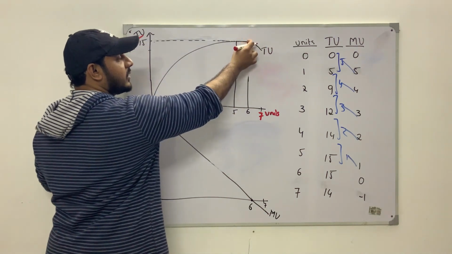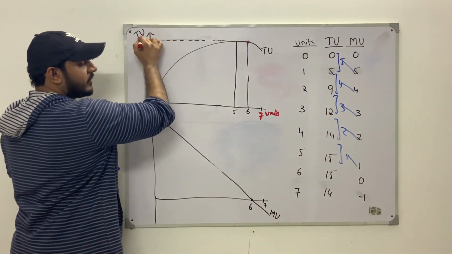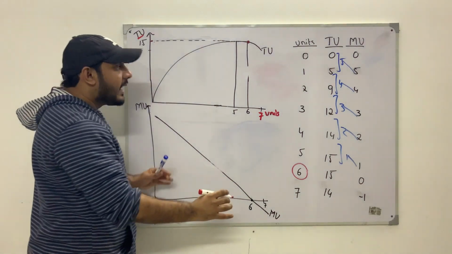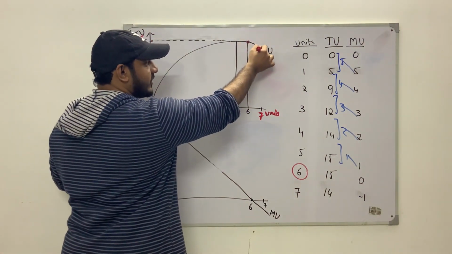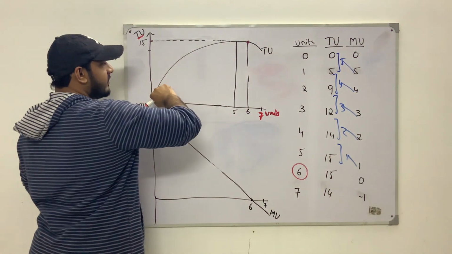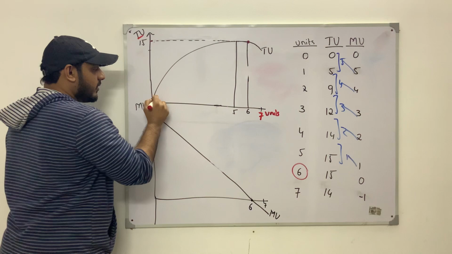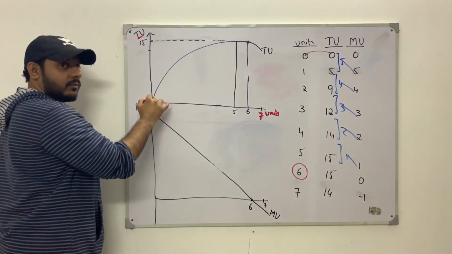This is where the total utility is the maximum, right? Over here, 15. 15 is my maximum utility on the consumption of 6 units, right? And after the 6th unit, that is on the consumption of the 7th unit, my total utility starts to fall. So total utility we can see is increasing. It will basically start from the origin. Why? Because at 0 units there is 0 total utility, so the graph has to start from the origin,